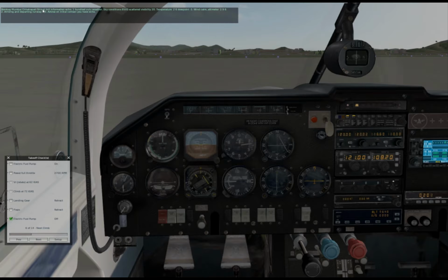Mumbai Chhatrapati Shivaji International Information Echo 100 Zulu weather, sky conditions 8500, scattered visibility 20, temperature 26, 2.0, wind calm,